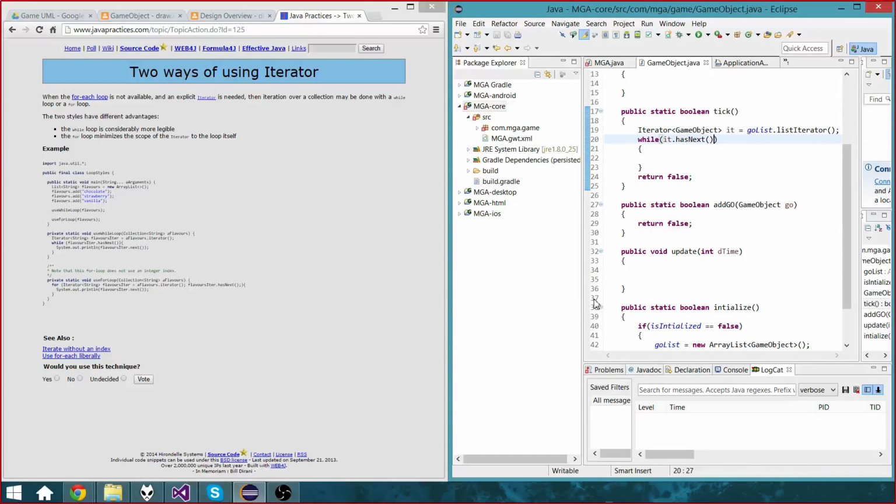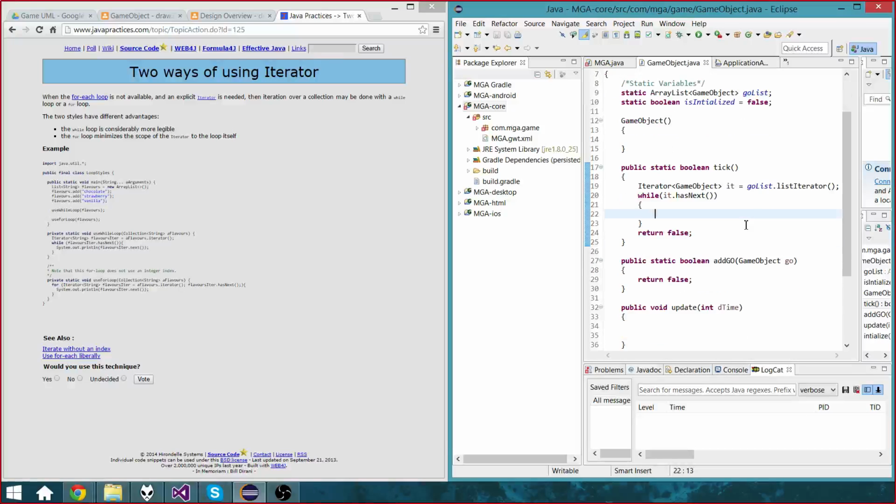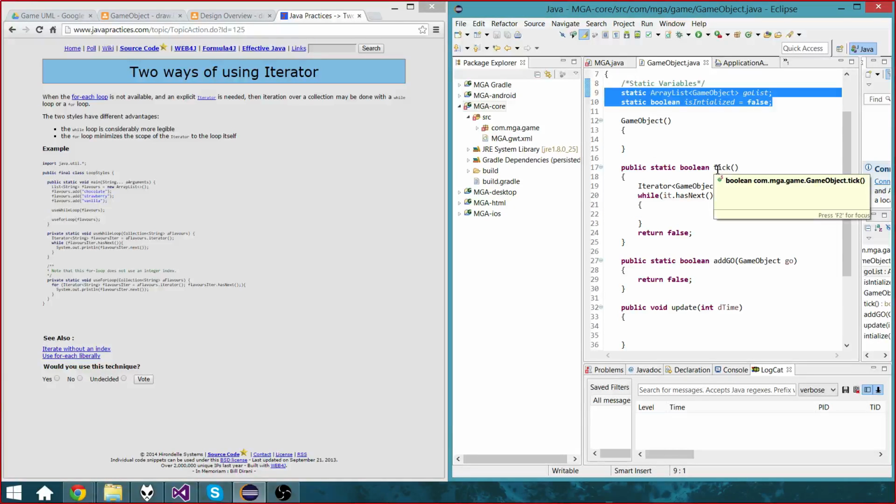Wait, how do you know how to write this code right now? Like how do you know you need a while loop? How do you know you had to declare static boolean is initialized to false? Things like that. Okay, so this part here, it's one of those design methodologies, and you just kind of